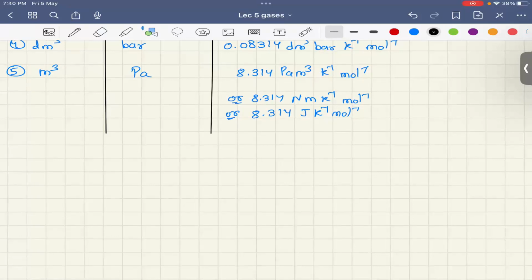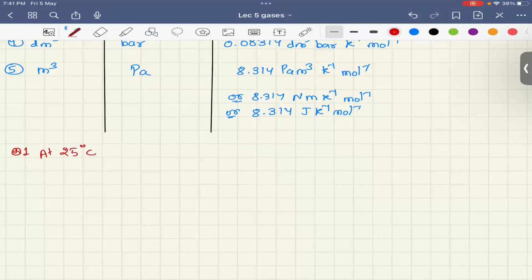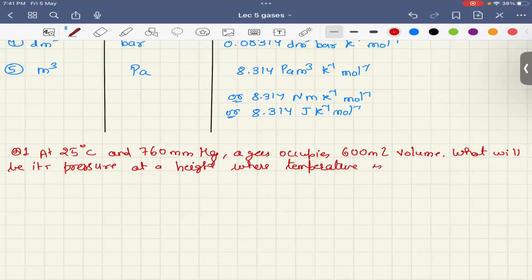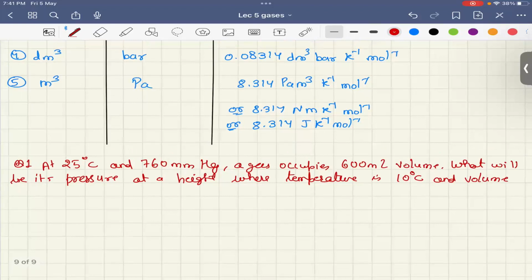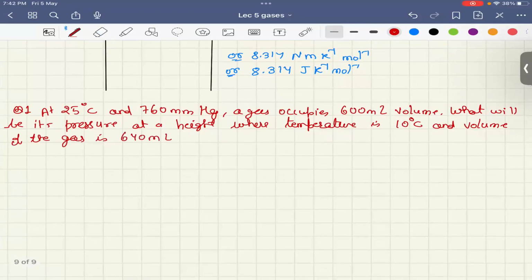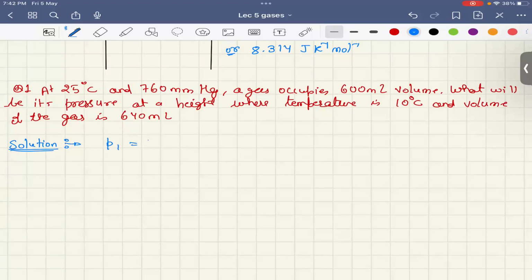Let us try to solve an example. Question number 1: at 25 degrees centigrade and 760 mm of Hg, a gas occupies 600 milliliter of volume, and we are asked what will be its pressure at a height where the temperature is 10 degrees centigrade and the volume of the gas is 640 ml, right? So what we are given is P1 as 760 mmHg,